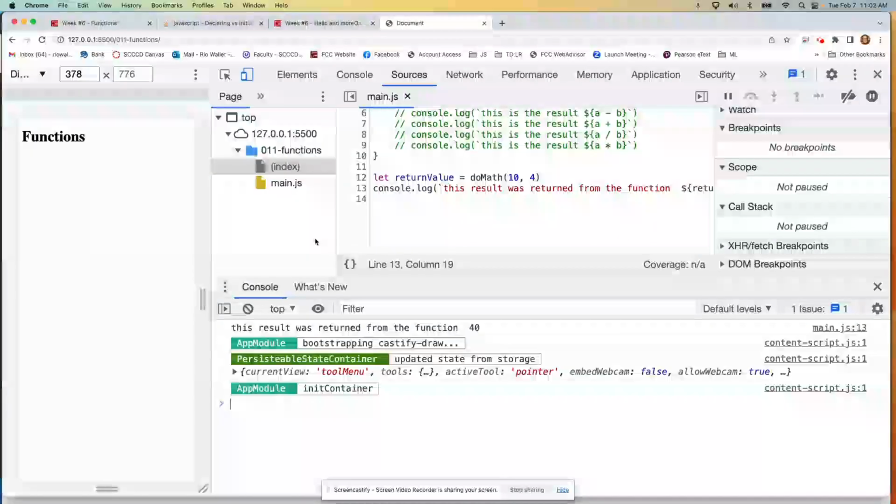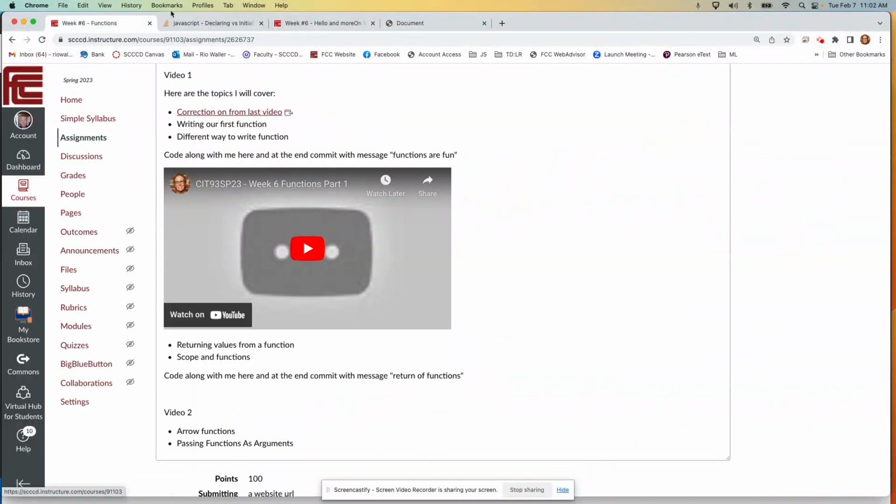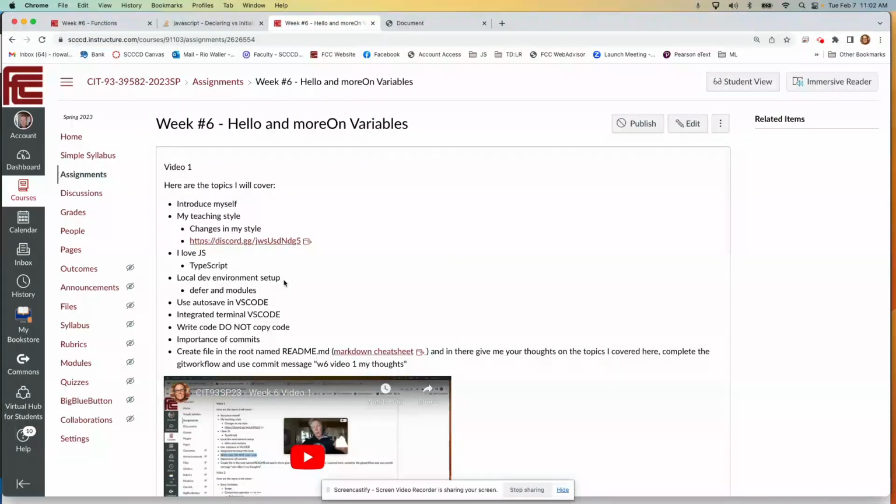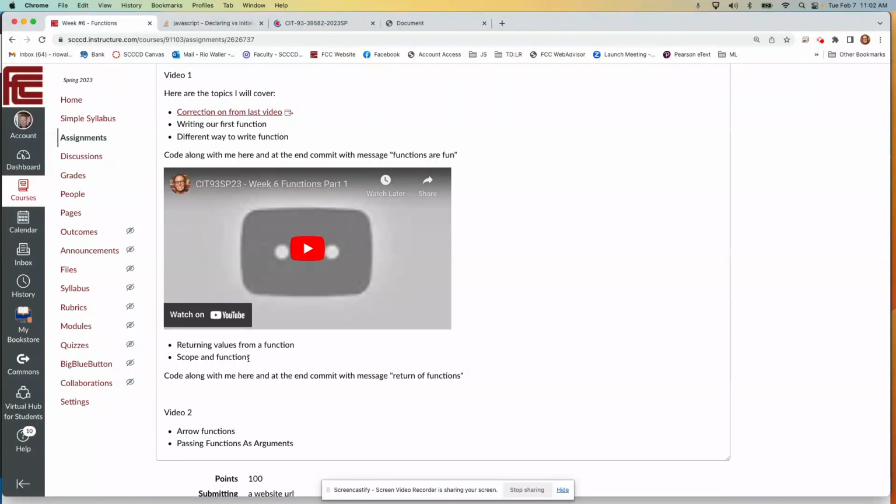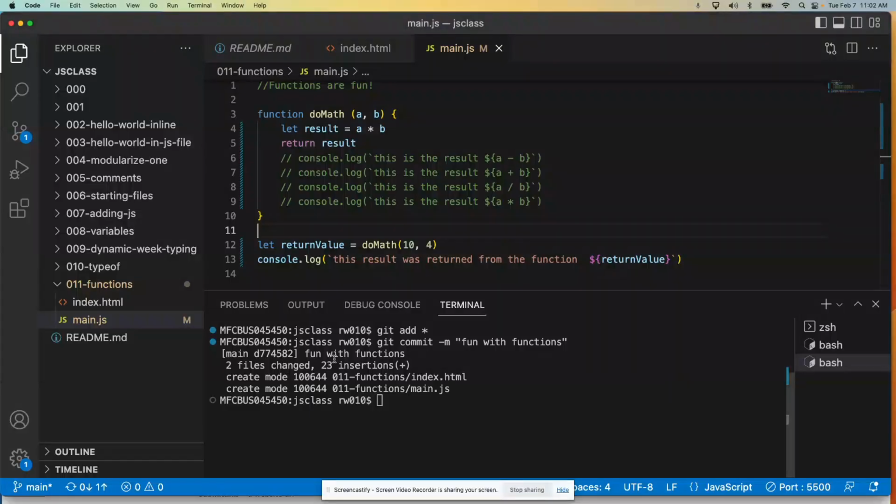So I've talked about, let's go. I think I've actually gotten most of this content. Let's see if I got most of it. Oh, wrong one. Functions here. Here we go. Scope and functions, right? So we talked a little about scope and functions because I was saying that this result,